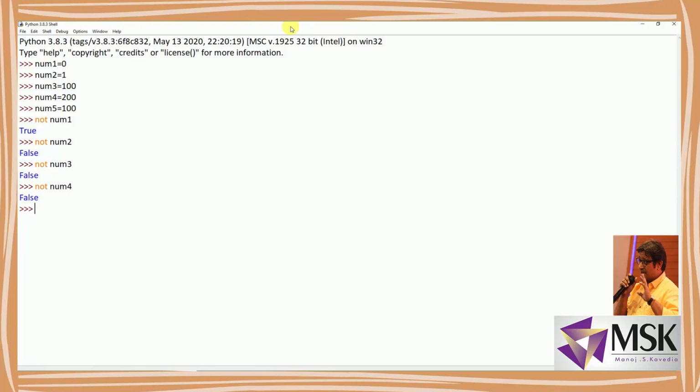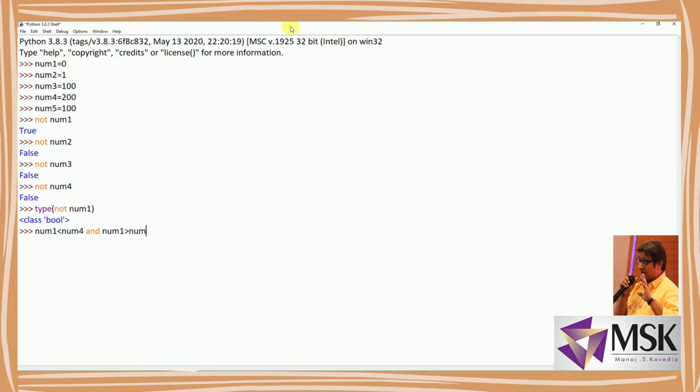Now let's see the type. I'll say type of not num1, so it is returning the class as boolean. So now we'll see the other operators. Now I'm writing num3 greater than, rather I'll take less than num4 and num3 greater than num5.